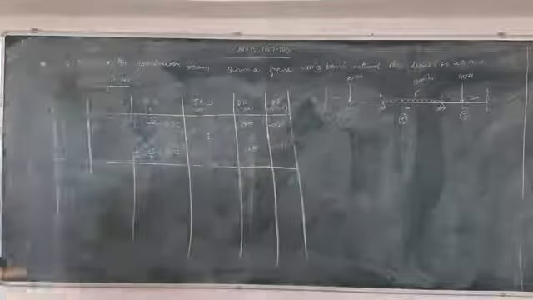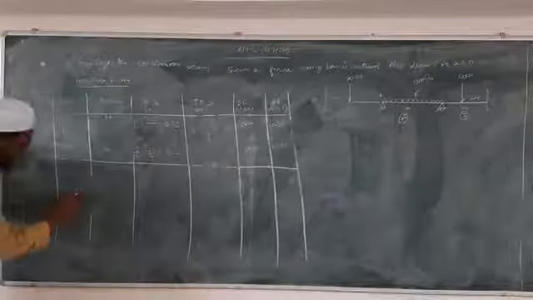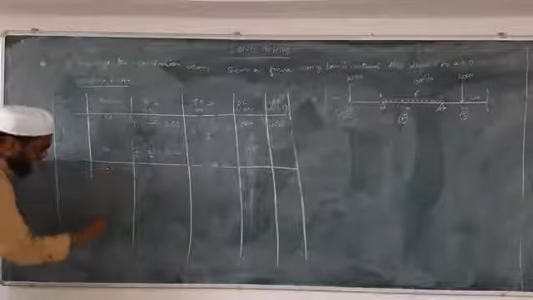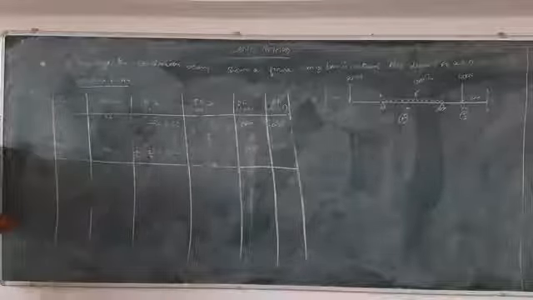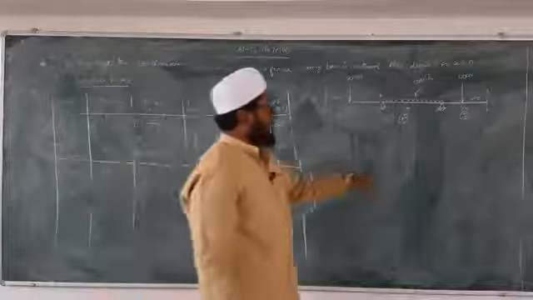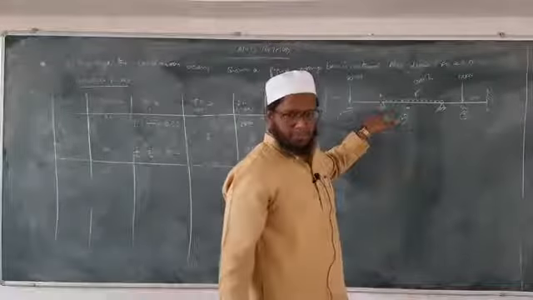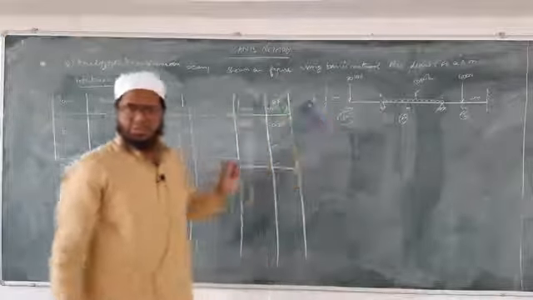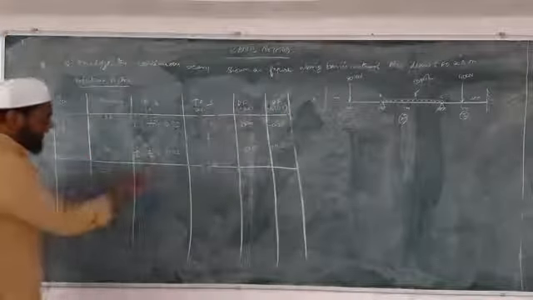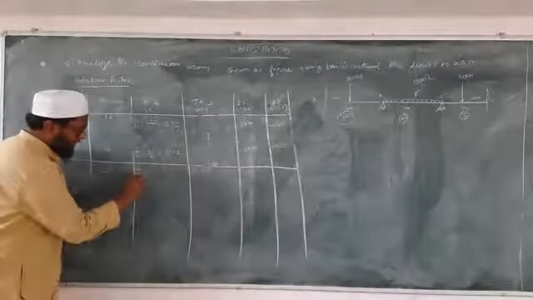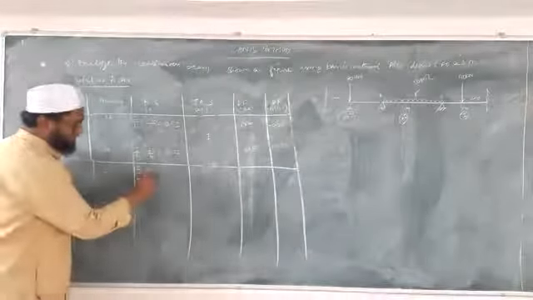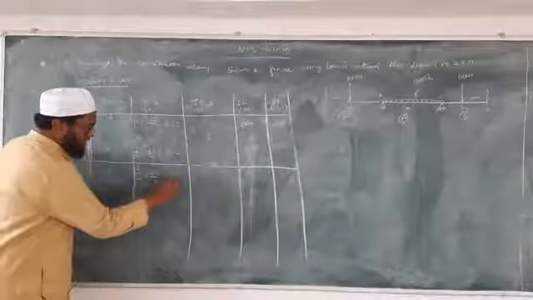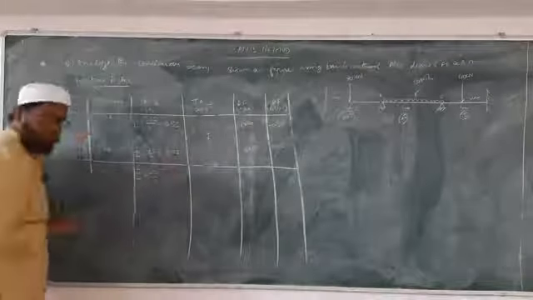Now we'll go for joint C. Joint C is connecting how many members? That is CB and CD. Now see from C to B. From C to B we have a hinge support, and beyond that one more support, that is a fixed support. So it will be I by L, which is 2I by 4, equal to 0.5 I.